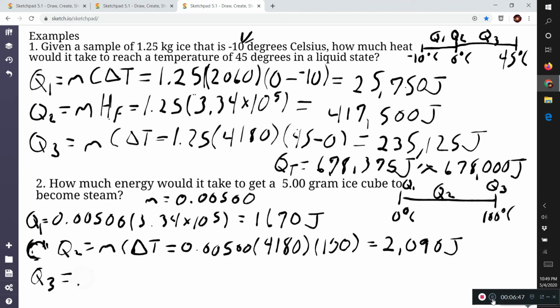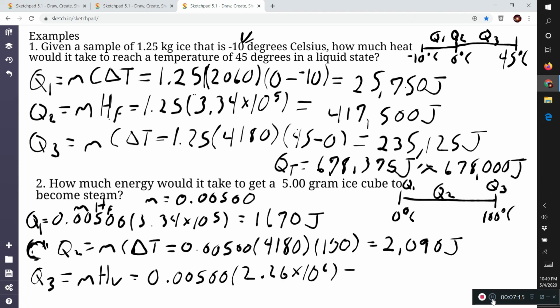And finally, we need the heat of vaporization. So the formula there is mass times heat of vaporization. Now, the formula up here was mass times heat of fusion. So the heat of fusion and the heat of vaporization are not the same. The mass would still be the same. But we're going to have to research what the heat of vaporization of water is. It is 2.26 times 10 to the 6th. And we will get